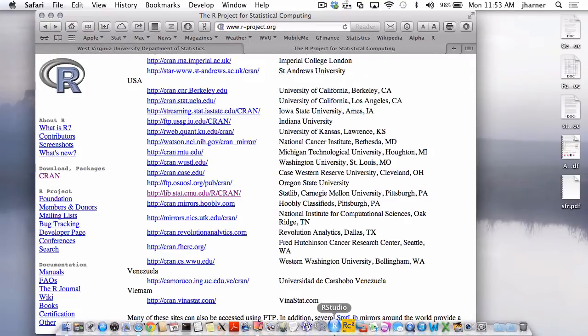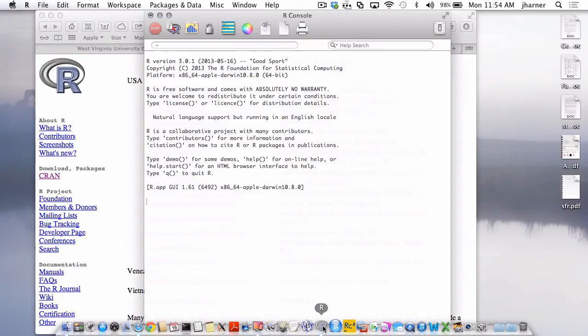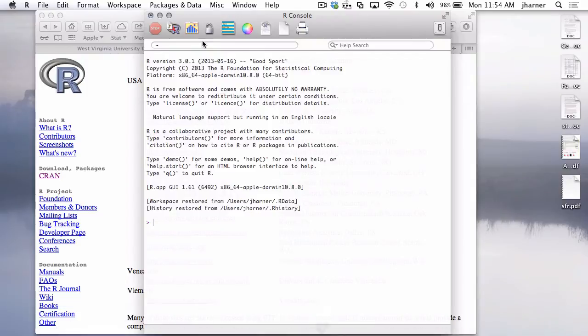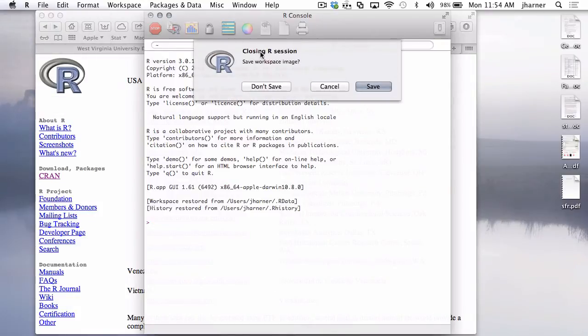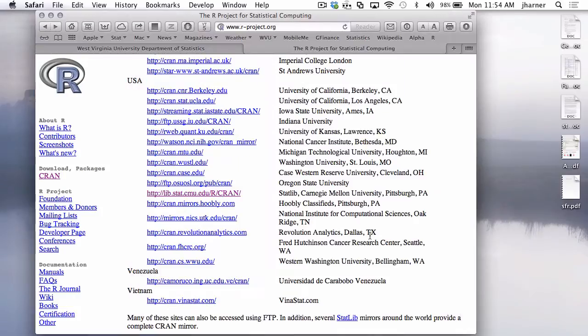Well, I suggest you might want to download it. If you do, there's something called R.app, which on the Mac you can run this way, and this is the way you run. That's one way to run R. And if you're on Windows, there's a similar type of program that you can run R. That's one way. There's another way,